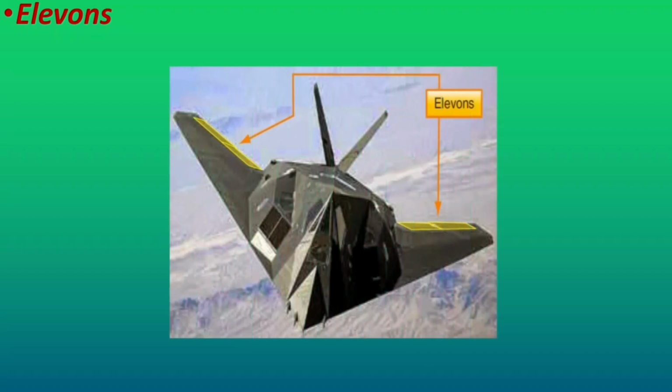Elevons. Elevons are aircraft control surfaces that combine the function of the elevator and the aileron. Elevons are installed on each side of the aircraft at the trailing edge of the wing. When moved in the same direction, up or down, they will cause a pitching force, nose up or nose down, to be applied to the airframe, and when moved differentially, one up and one down, they will cause a rolling force to be applied. Elevons are frequently used on tailless aircraft such as flying wings and delta wing aircraft.